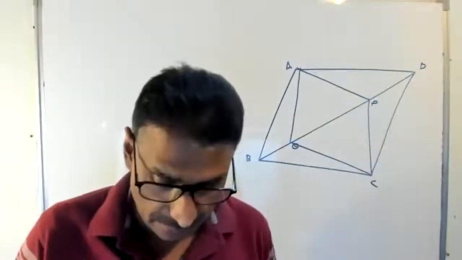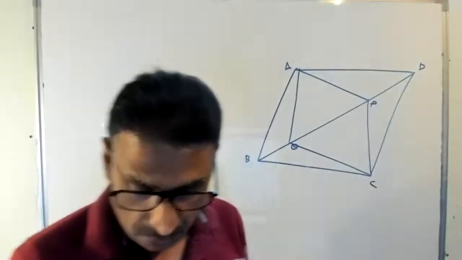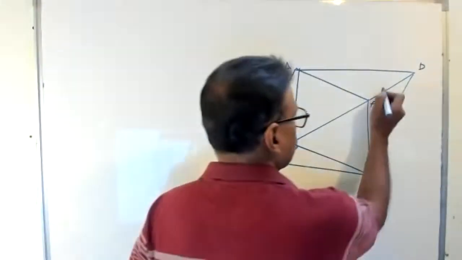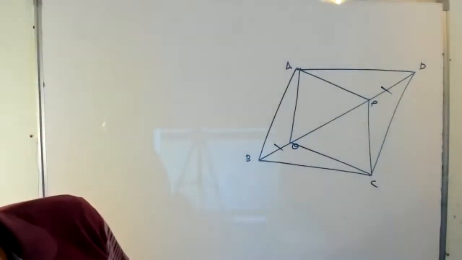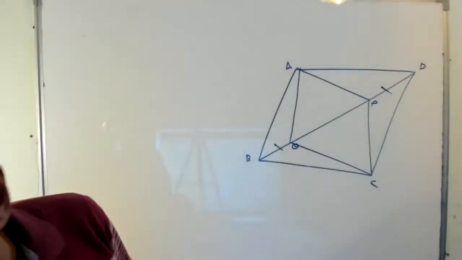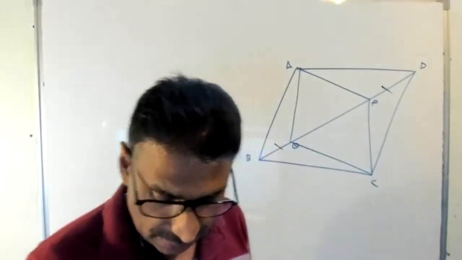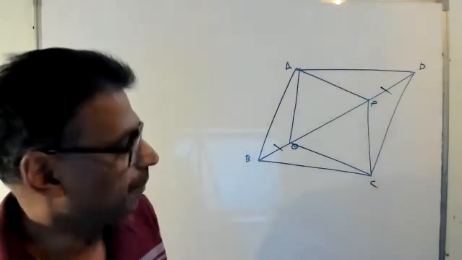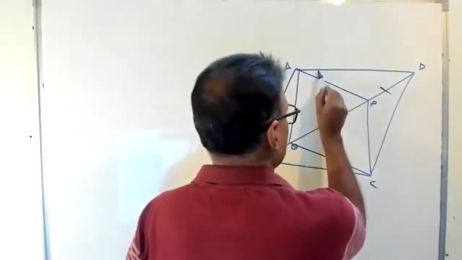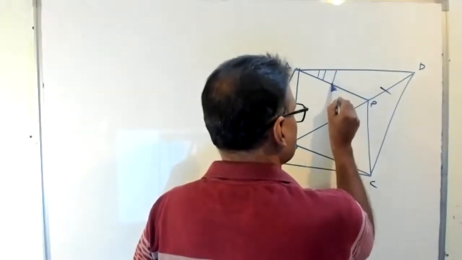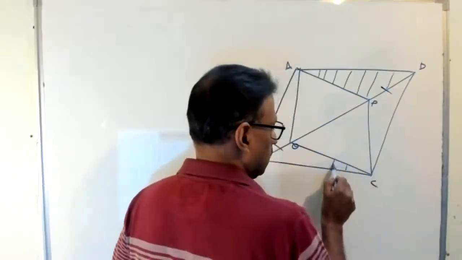BD such that DP equal to BQ. DP equal to BQ. And show that first one, triangle APD congruent to CQB. Okay, I mark these triangles. I'll give the note, don't try anything. Okay, I'll explain this question fully.